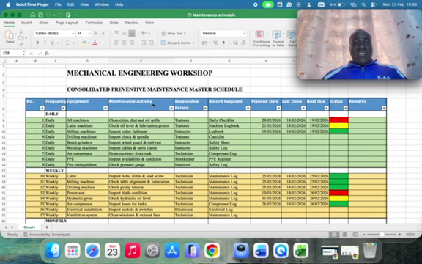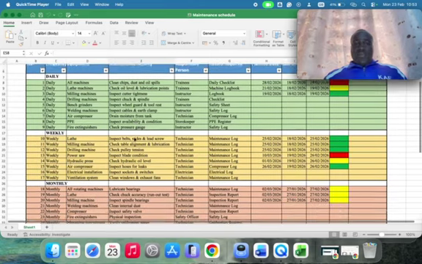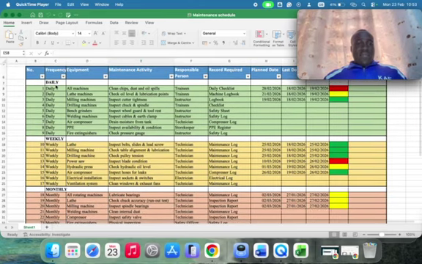the activity that is being done on the equipment, the person responsible, records required, the planned date, last date that the maintenance was done, then the next date, and the status, and finally the remarks. So I'll just go briefly. For example, if we click on